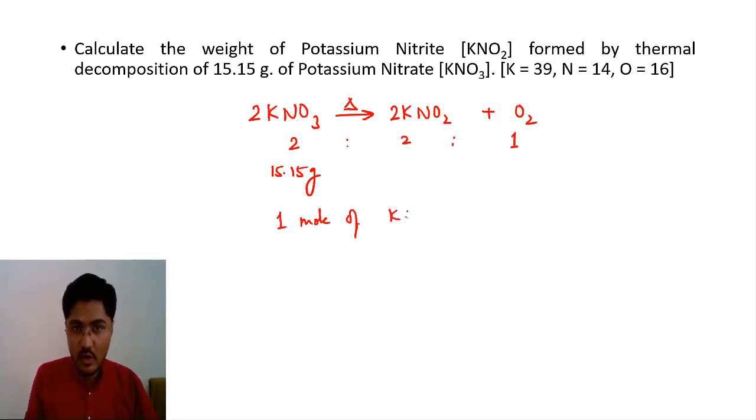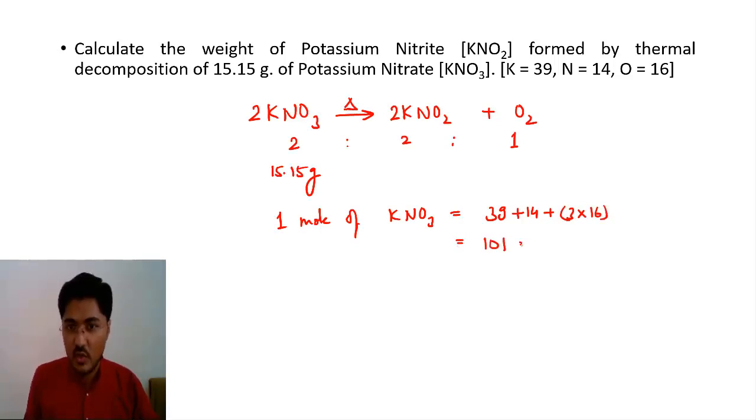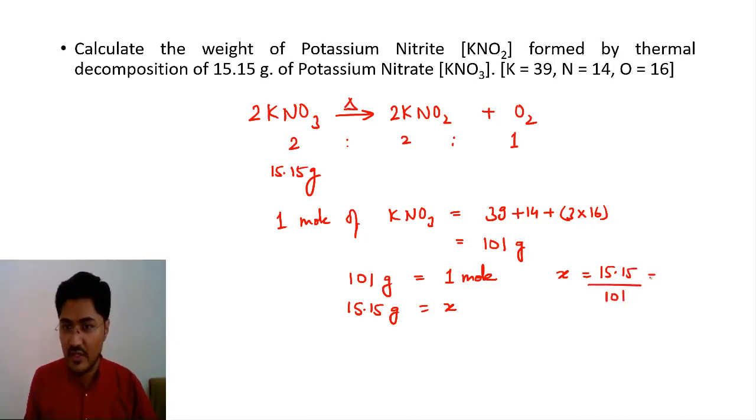1 mole of KNO3 will weigh 39 plus 14 plus 3 into 16, which will be 101 grams. If 101 grams equals 1 mole, then 15.15 grams will be how many moles? So we get x equals 15.15 divided by 101, that is 0.15 is your answer. So this is the number of moles, and as the ratio is constant,